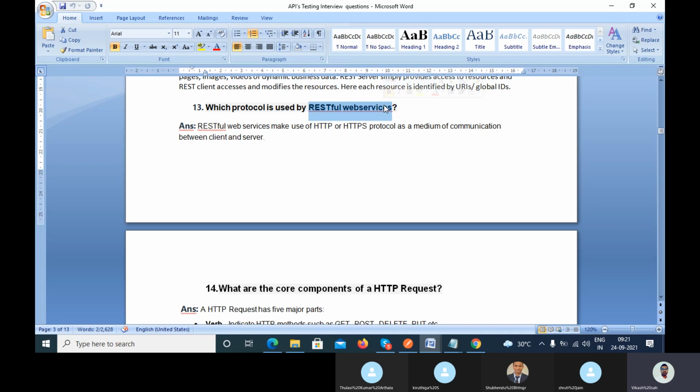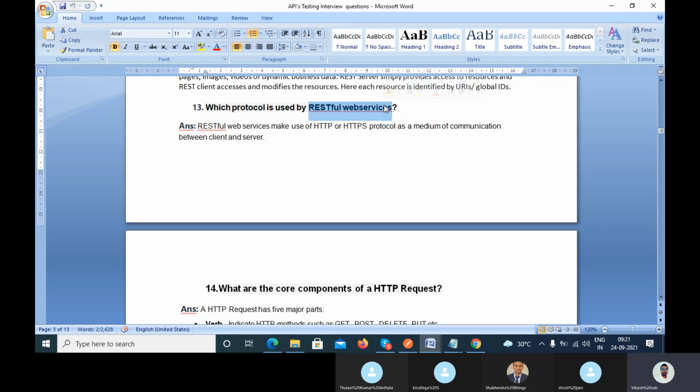HTTPS. If they ask you what is the difference between HTTP and HTTPS, the S means the secure protocol you are using. If you do not use the S, that is the unsecure protocol. Then they will ask you, have you worked on the HTTP protocol? So you can say, no, I have not worked on it, right?